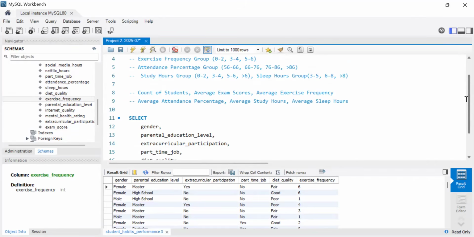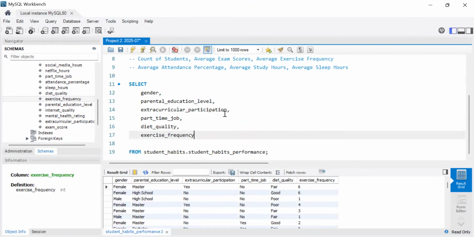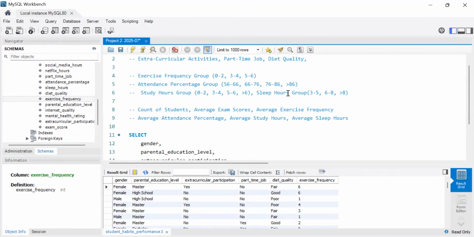And so what I did is I checked what the minimum and the maximum are, and I used the minimum and the maximum for each to decide how I want to split my data. You can decide to do it like this. You can decide to check the minimum and maximum, so select distinct exercise frequency, or select maximum exercise frequency, select minimum exercise frequency, to see the maximum and the minimum, and then you can use that to determine how you want to break your bands. But most of the time